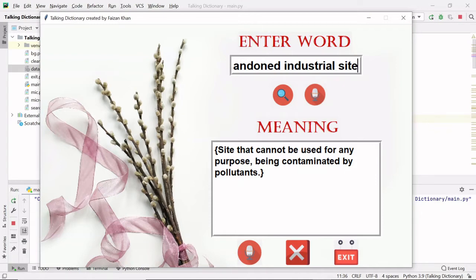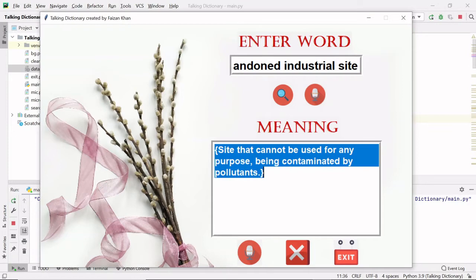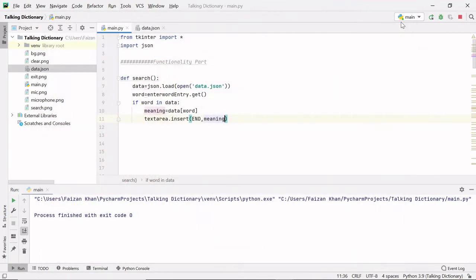But this is not looking very nice. What I want is the meaning to be displayed without these brackets, right? This is simply displaying us a list. We do not want to display a list, we want the meaning to be displayed, only the value part, right?